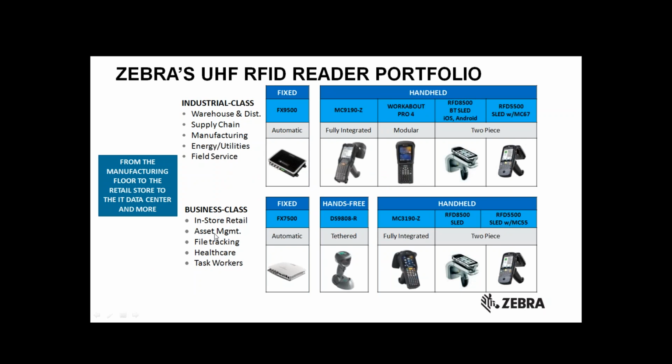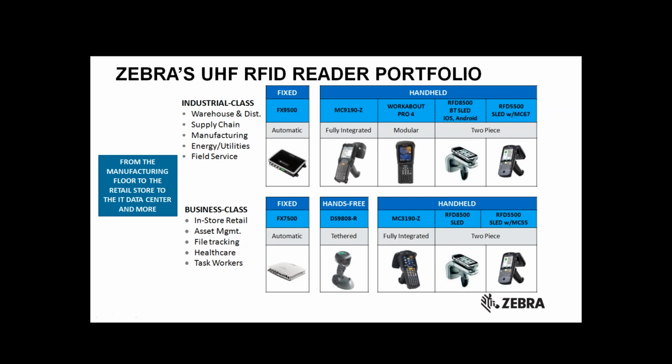From the UHF reader side of things, we have the industrial class as well as the business class. Between the two of these, we cover everything from the manufacturing floor to the retail, as well as giving the capability and visibility to the back-end IT administrator and such. On the industrial class side, we have the FX9500 reader, as well as on the handheld side, the MC91 Workout Pro. I'll talk about the RFID 8500 in a second, and the two-piece sled solutions,